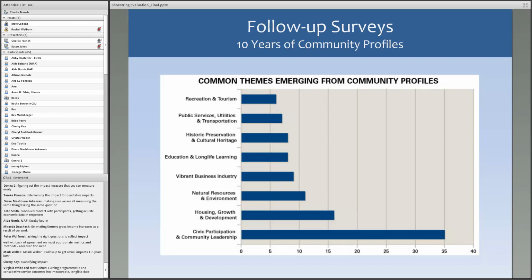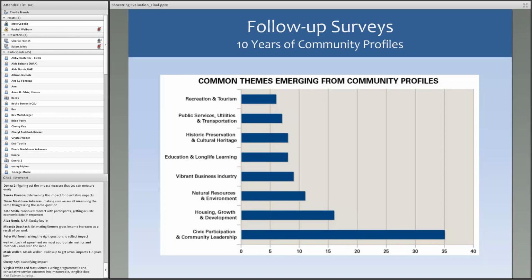One of the interesting things that we've learned in doing these surveys is that typically at the event itself, what people perceive to be the most important outcomes tend to be the bricks and mortar type things. It's building a community center, a new pool, or maybe cleaning up a park. Those tend to be the things that people can resonate with during the forum itself.